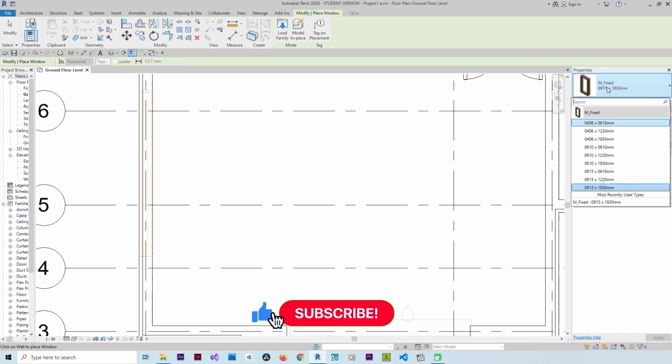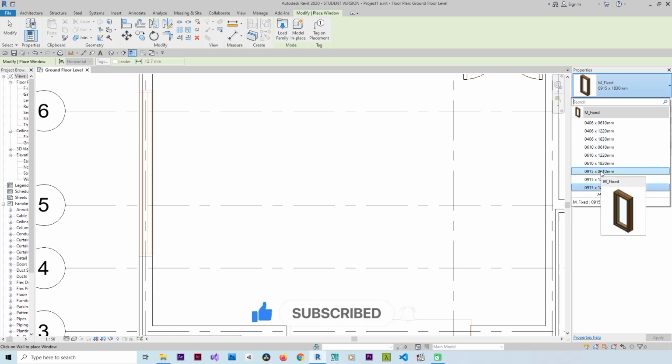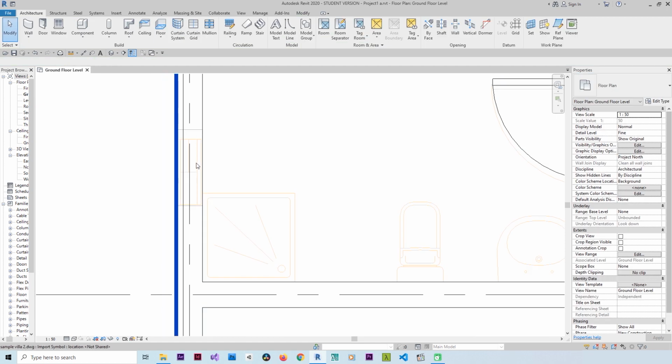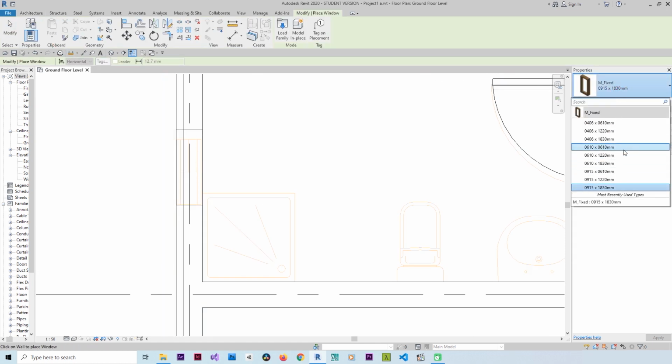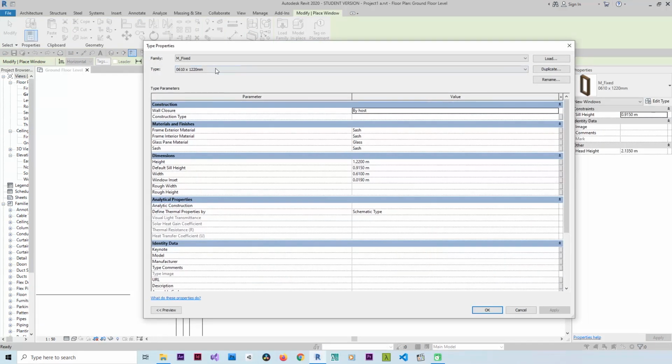I have only one fixed type with all these dimensions. If I want to make another style, I can load a new family. The toilet windows, I make a new style with dimension